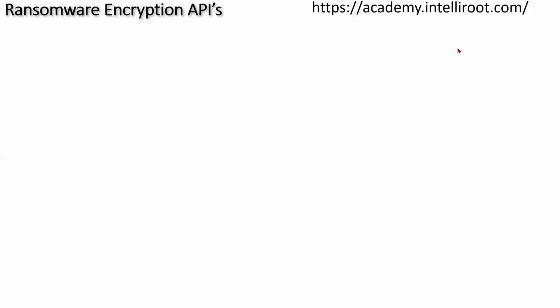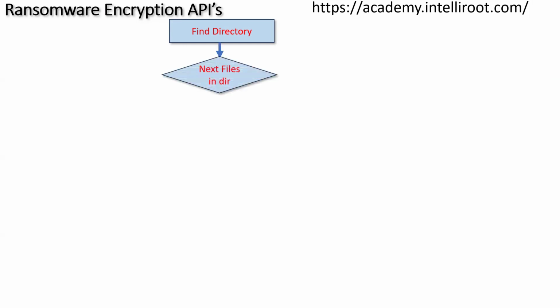In this video, we are going to talk about the encryption algorithm used in ransomware to encrypt files on the victim. The ransomware finds a directory on the victim machine. Once it finds the directory, it is going to list the files in the directory. In order to list the files in the directory and iterate through those, it uses the APIs FindFirstFile